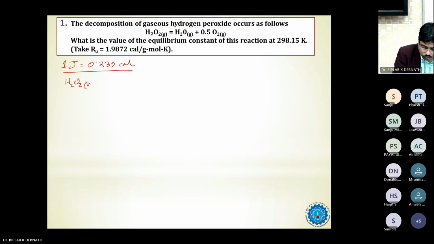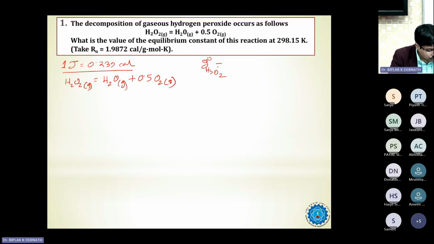H2O2 gaseous is equal to H2O gaseous plus 0.5 O2 gaseous. Okay, so first let us try to find out what is the standard state change of the Gibbs free energy. So Gibbs free energy, standard state Gibbs free energy for H2O2,